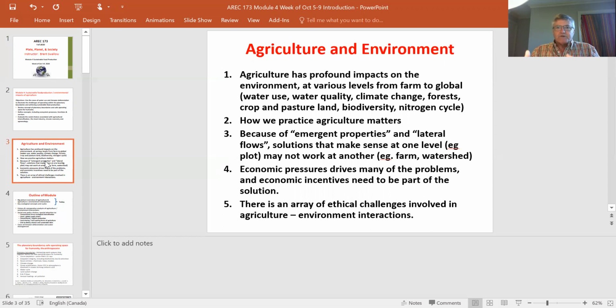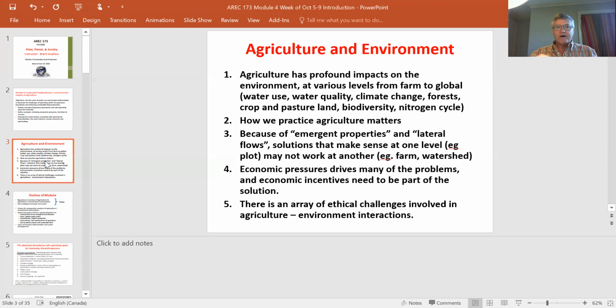So what about economics? This is a class about economics and ethics of food production and consumption. There are economic drivers which pressure many of these problems, cause many of the problems. And there will be economic incentives and economic principles that are going to help us understand what's feasible to change the system, say to a more positive system, or how the policy environment may be shaping that.